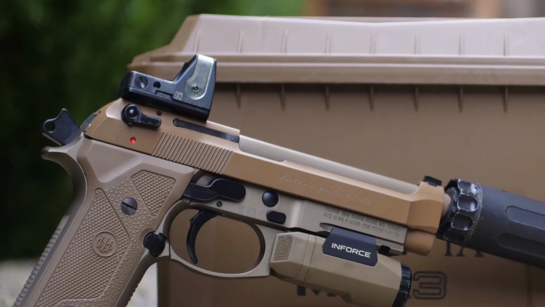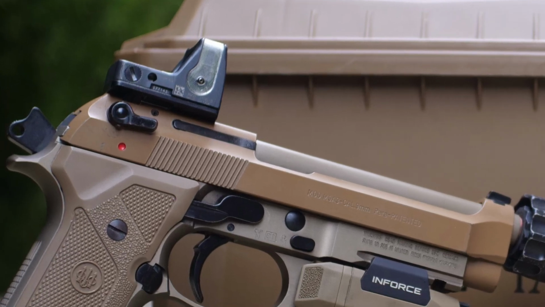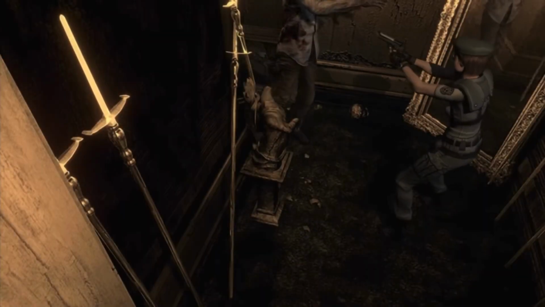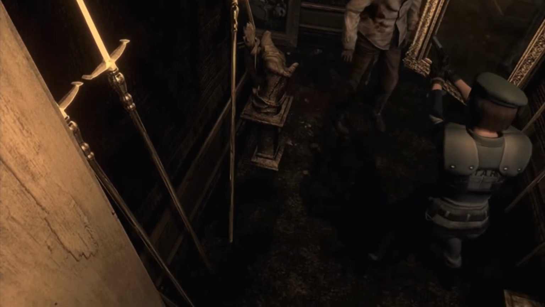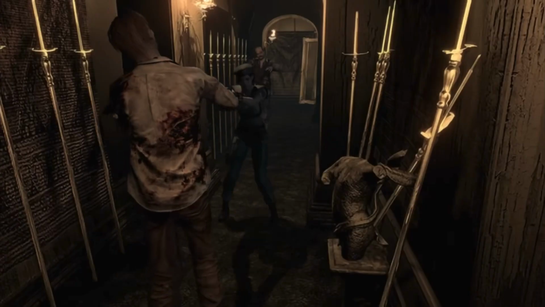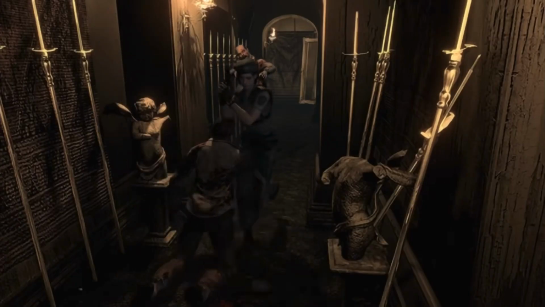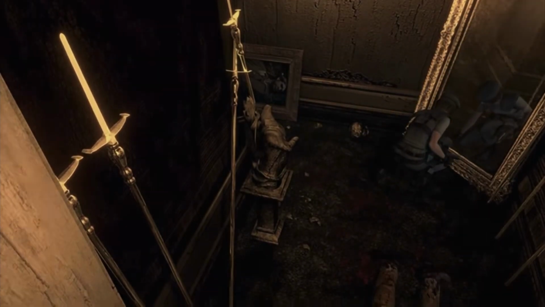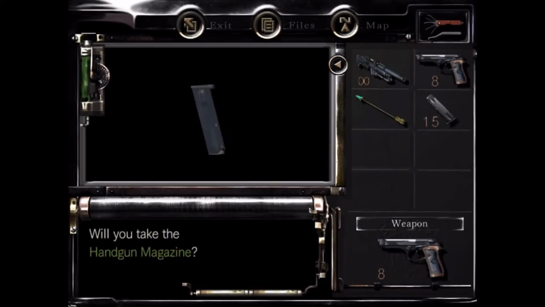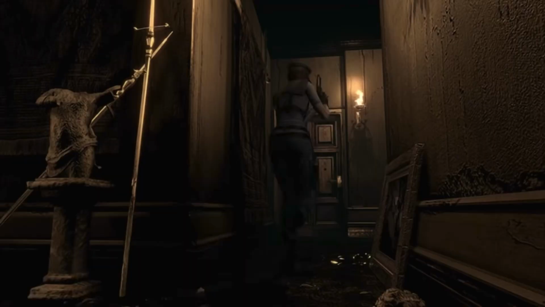And the suppressor because maybe if you can pop off a mimic while it's in its mimic phase without other mimics knowing, you can decrease the chance of them transforming into a stronger form. So having that kind of added stealth benefit would be pretty cool. And if you have to get into a fight with a mimic, it might be better not to alert the other ones around it.